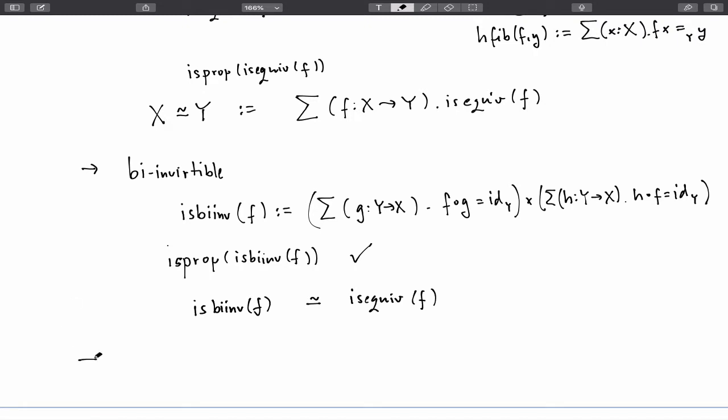And there is a third one, which is half adjoint equivalence or something like that. I think it's what it's called in the book. There's a third one, look at the HoTT book, it's there. I'm not going to go through all of them. The point is